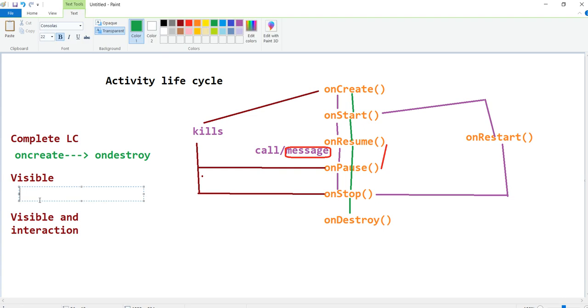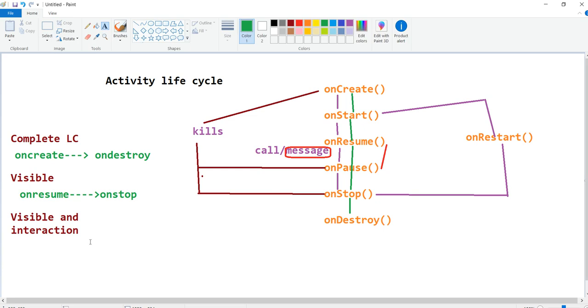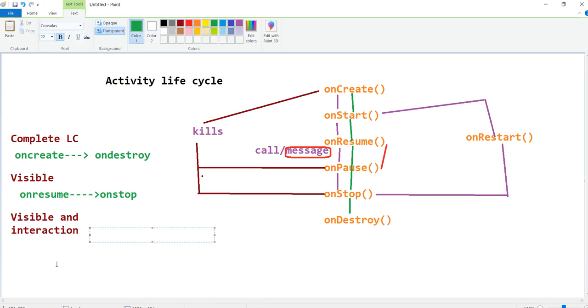Visibility is from onStart to onStop. It's visible means whenever I get a call or some disturbance, it can be visible in the background, but I can interact with only the latest activity.